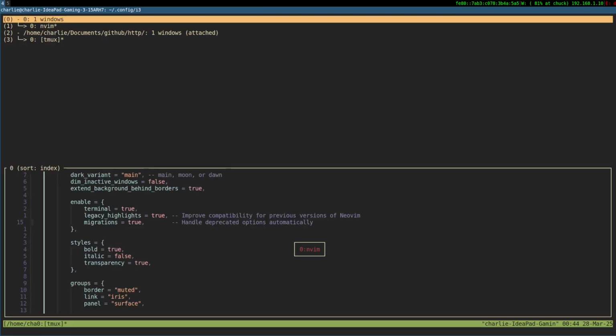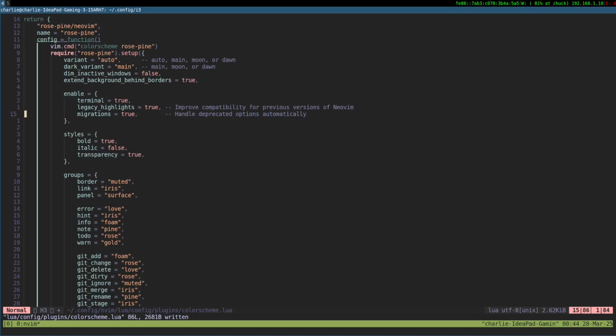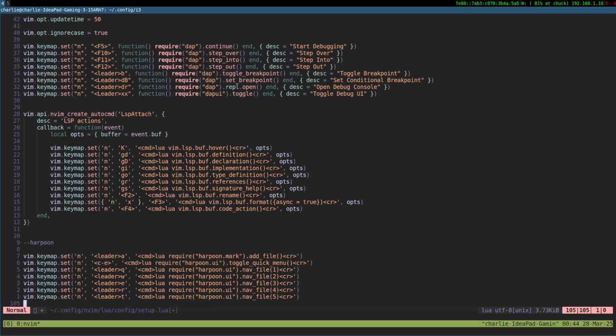Oh, I probably can add this too. Where is my NeoVim setup? But requiring something every time, I don't know, this feels a bit heavy.